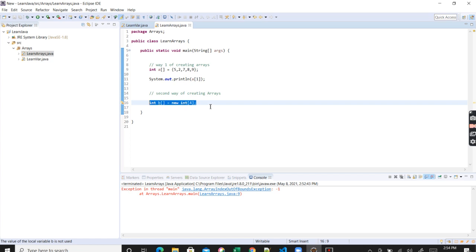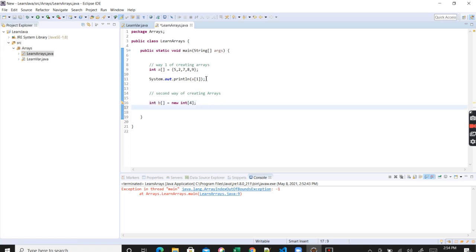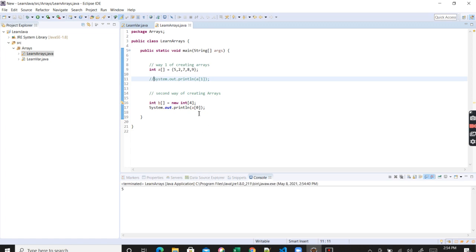What do you mean by empty array? The value of all of these would be 0. So if I want to access the zeroth index, I made a mistake. I will comment this out, and if I run this, I will get 0.